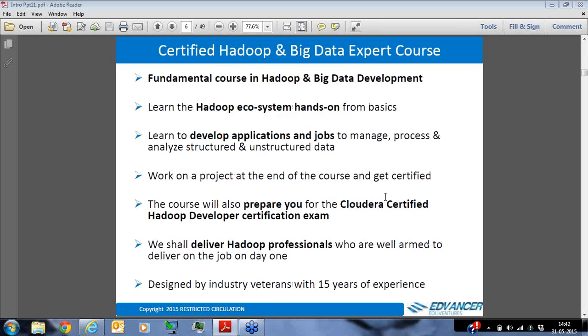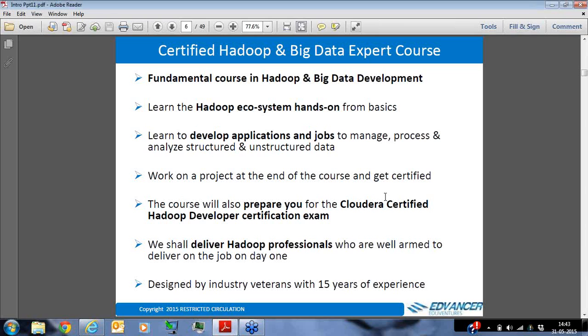So, what is the Certified Hadoop and Big Data Expert course? This is a fundamental course in Hadoop and big data development. And here in this course, you are going to learn the Hadoop ecosystem hands-on from the basics onwards. You will learn how to develop applications and jobs which will help you to manage, process, analyze structured and unstructured